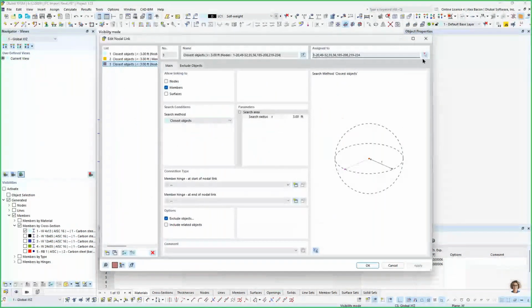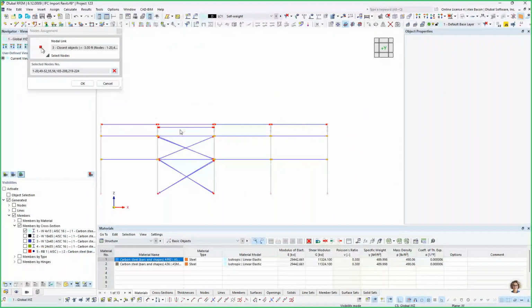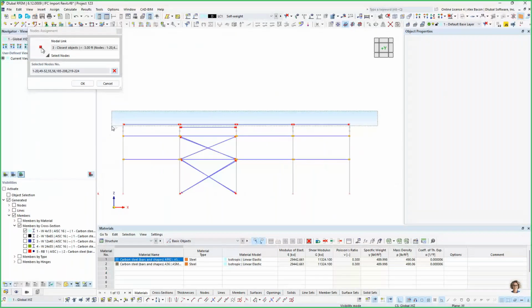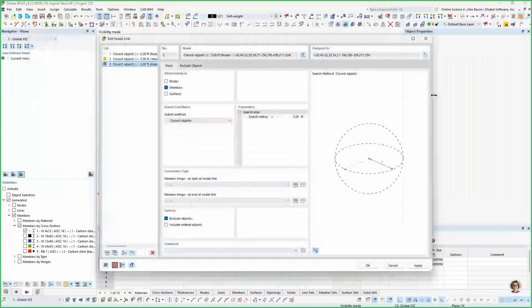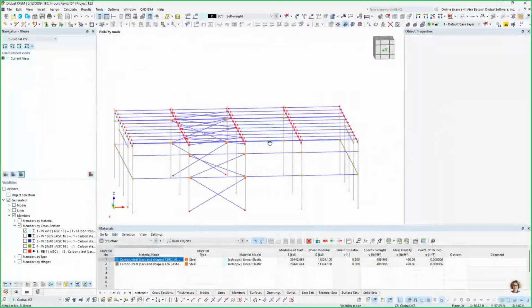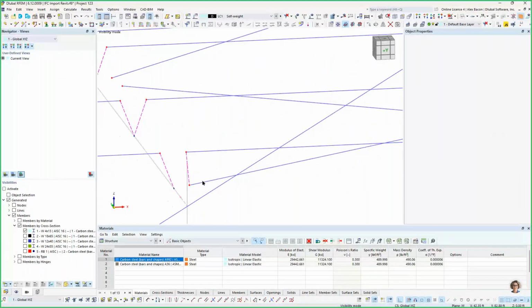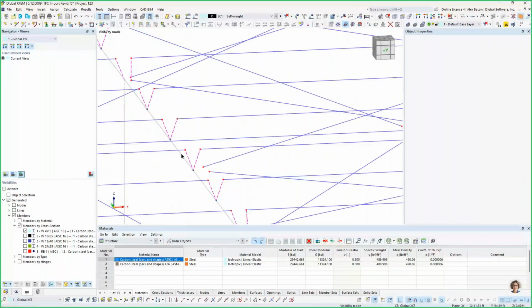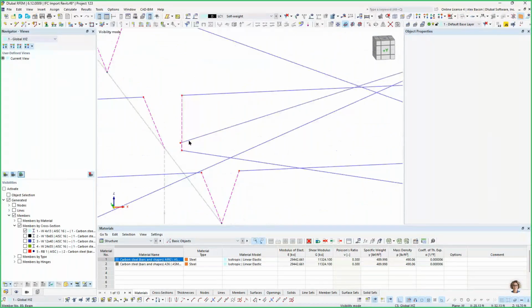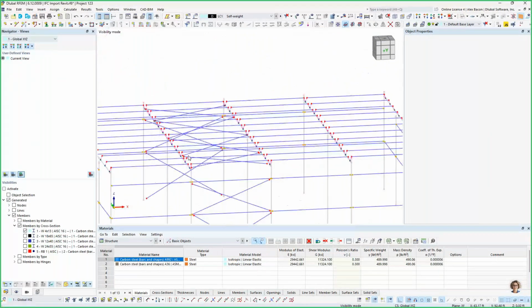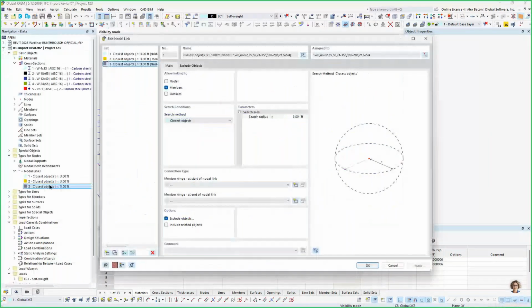I highlighted my X bracing as well, or no? No. There we go. And yeah, so I want those to also connect to the beams. And again, you can see these are all good, except you can see some of my coupling members are connecting to my X bracing. So again, what I want to do is exclude that X bracing from